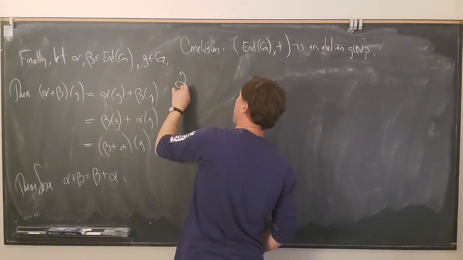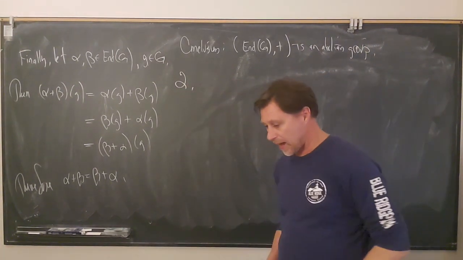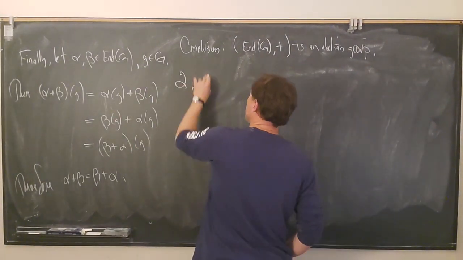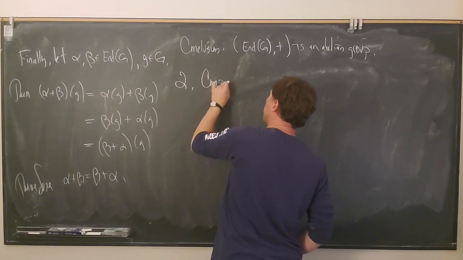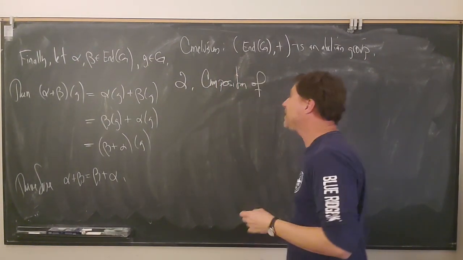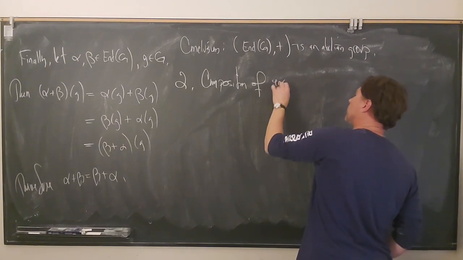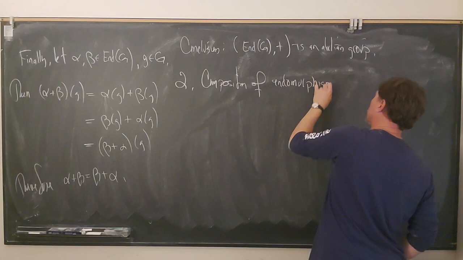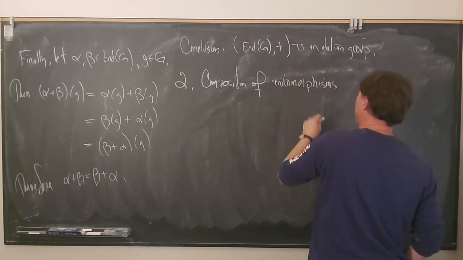Well, that takes care of axiom 1. Axiom 2: composition of endomorphisms is an endomorphism,